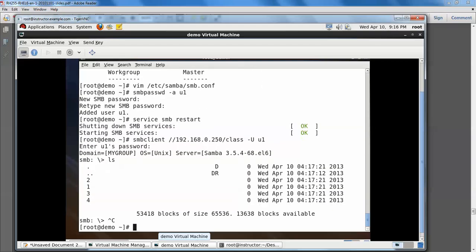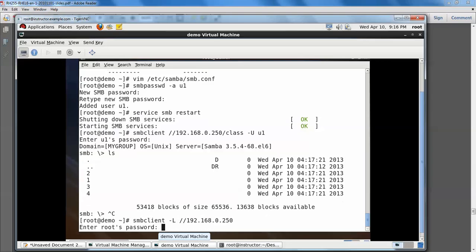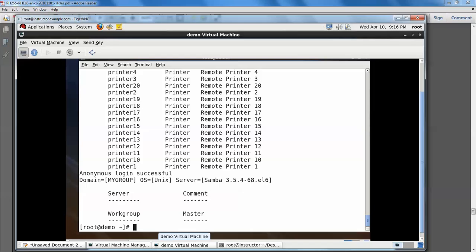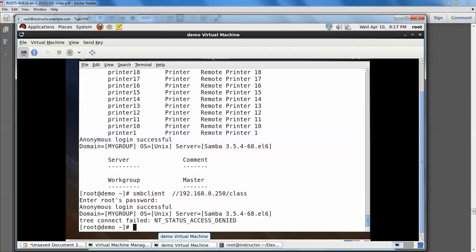As a root user, no one can access. You can check as a root user. The connection failed, whereas earlier the anonymous login was successful, because we have given public equal to no. Once you give public equal to yes, then anonymous users can access your machine. So this is anonymous and non-anonymous users.